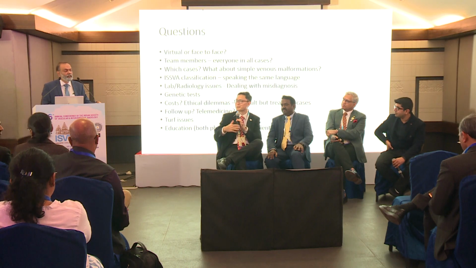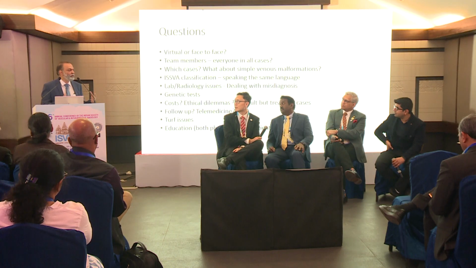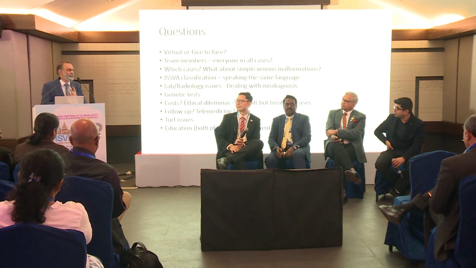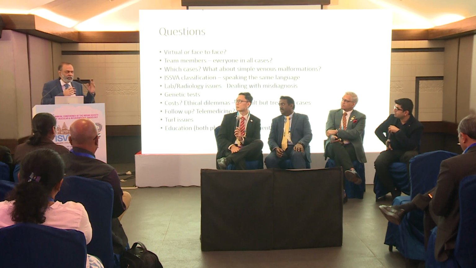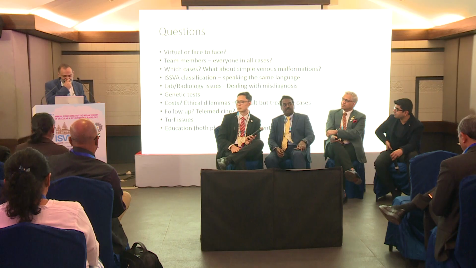So other issues we face are what we've been talking about all day, the ISSVA classification. We as IRs know about ISSVA classification, but most general radiologists and pathologists do not. Even your pathology biopsy report will come back as hemangioma, and it is very difficult to convince the patient otherwise. The patient goes and asks ChatGPT what to do for hemangioma, and it says beta blockers. So they come back and say, why are you not starting beta blockers? Educating everybody is very difficult. The problem is once you educate, they may leave the post and go, and then you have lost them. Those are the other challenges.